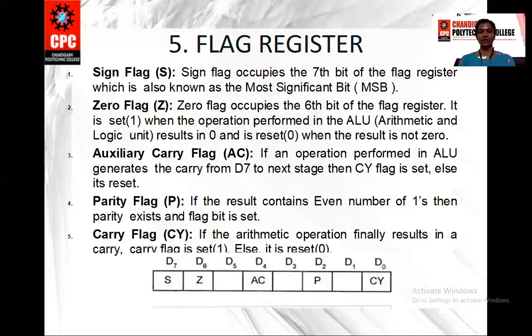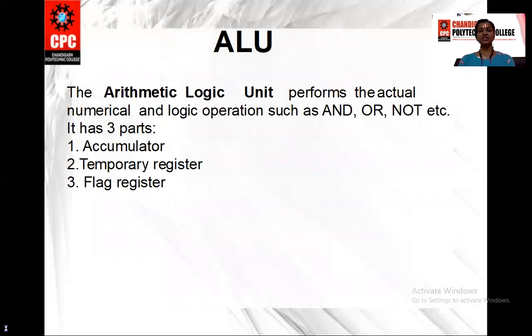Okay. Next is ALU. That means arithmetical and logical unit. You all know it, I guess. Arithmetic and logical unit is used to perform arithmetic and logical operations. Arithmetic operations like addition, subtraction, division, multiplication, and logical operations like digital binary operations like AND, OR, NOT, XOR, etc. These kinds of operations are performed in ALU. Right? And ALU has 3 parts: accumulator, temporary registers, and flag registers. You can see this in the block diagram. All these 3 parts are directly connected to ALU. And we already discussed these: accumulator, temporary register, and flag register. Right?